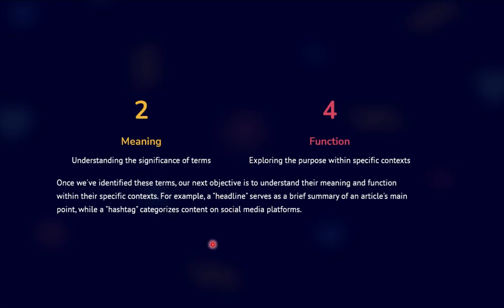But what is the function of this headline? The function of this term, headline, is to summarize the whole article. So if I want to start this article, I want to know what it is going to talk about. It is like a movie. I want to start watching this movie, so someone gives me a brief summary, and I will be prepared, or I will prepare my brain to observe this article.